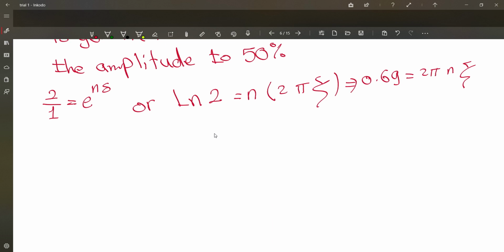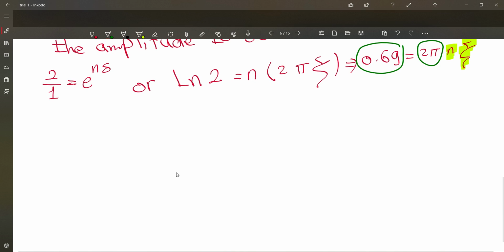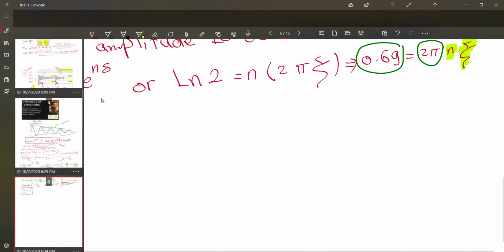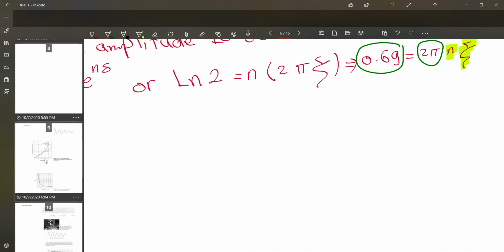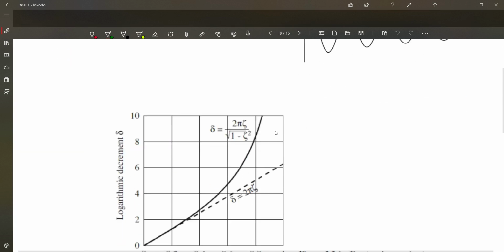So we can make a relation between the two. As you can see here, we have n and we have psi, and we can say that this is a constant and this is another constant. So we can draw a relation between the two. Actually, for our case, if we go here, we can find there is a good relation that we can have here,